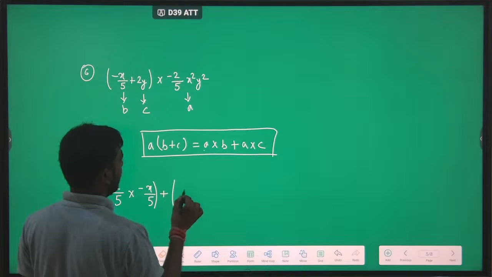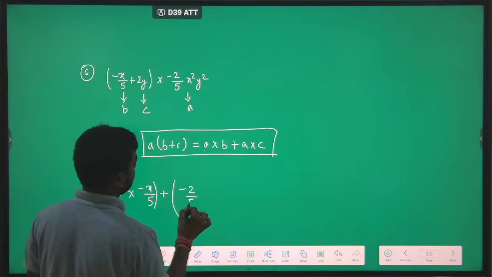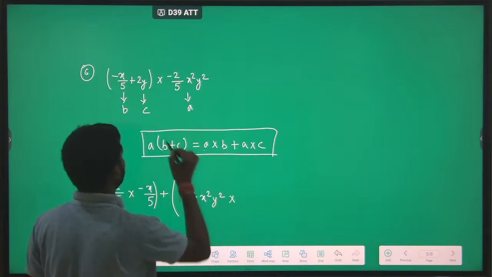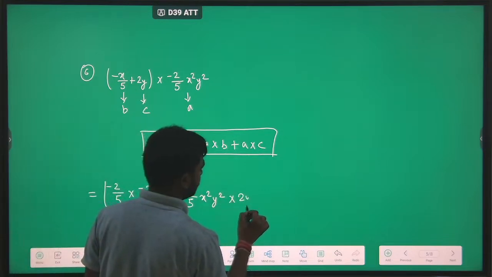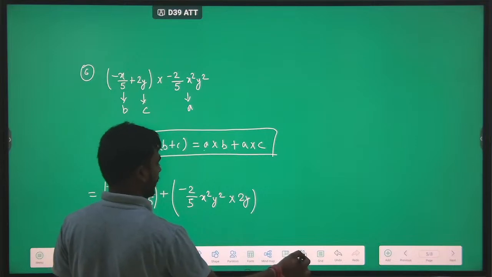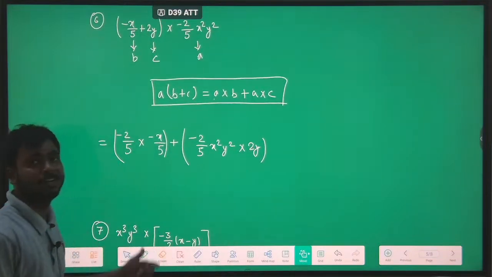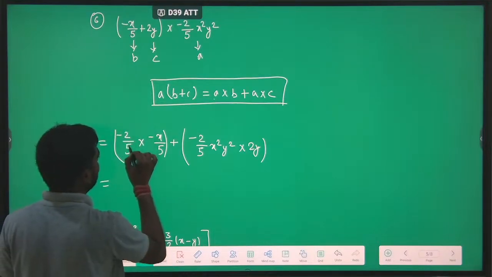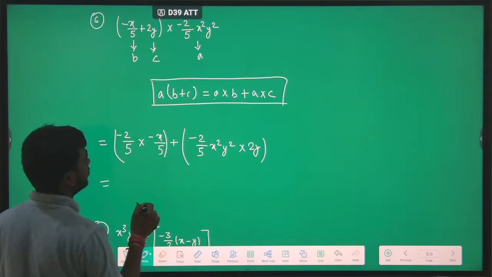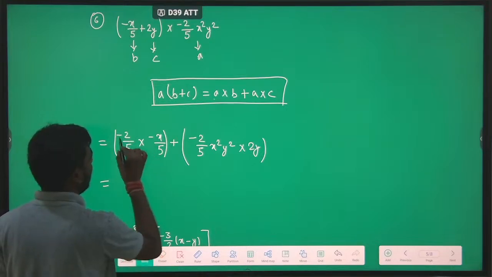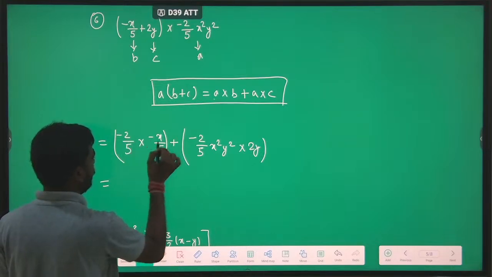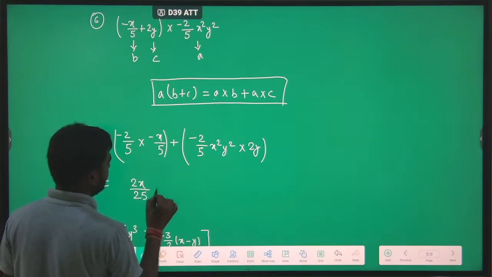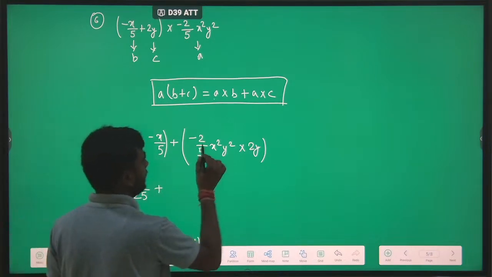So this A is what? Minus 2 by 5 x square y square, and it will be multiplied with 2y. Okay, so what are we getting? We are getting minus 2 by 5 into minus x by 5. Minus minus is plus, 2 into x is 2x, 5 into 5 is 25, so 2x by 25 plus, here minus